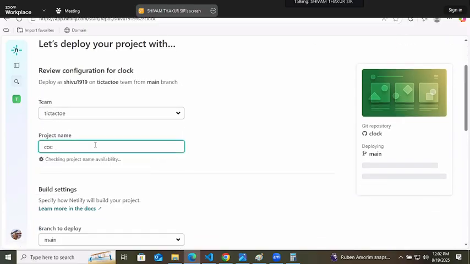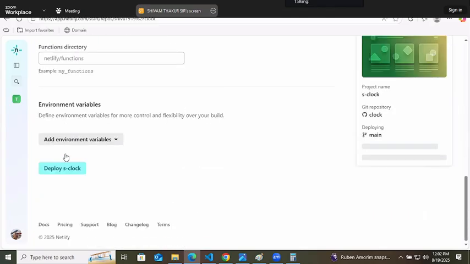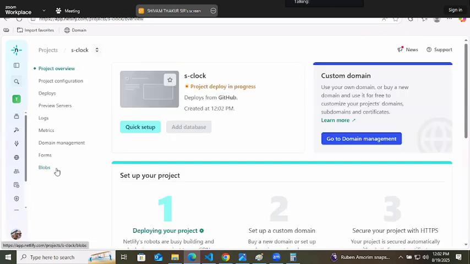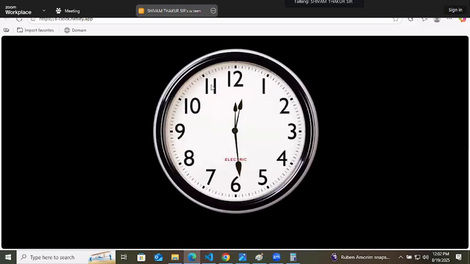Project name I will write clock. Clock is not available. S hyphen clock dot netlify dot app.